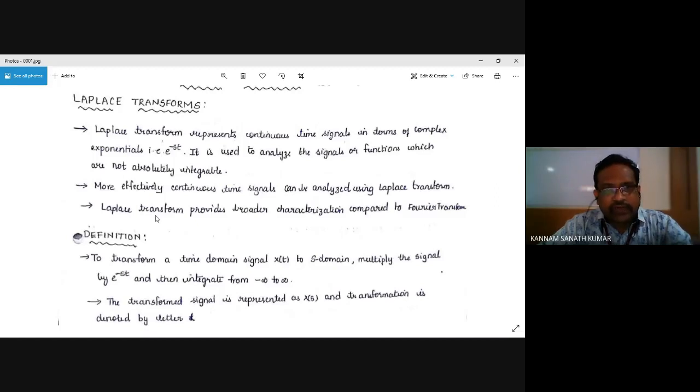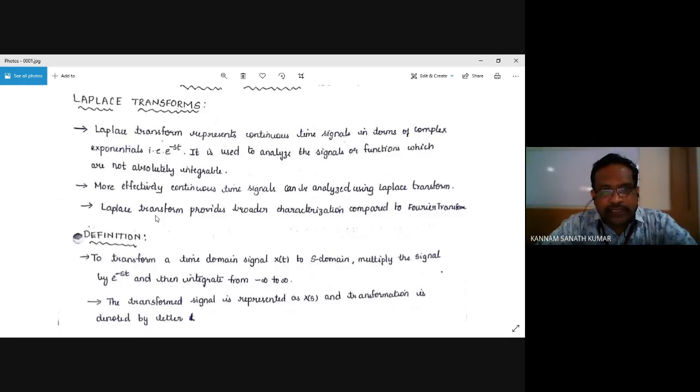In order to convert a time domain signal into a frequency domain signal, that means in the time domain signal it is difficult to find the frequency. When you convert into the frequency domain, it is easy to find the frequency, or we can analyze the signal in terms of frequency and spectrum. So that's why we are going for this Laplace transform.